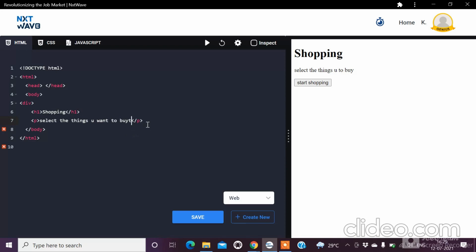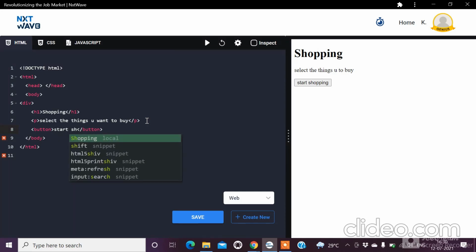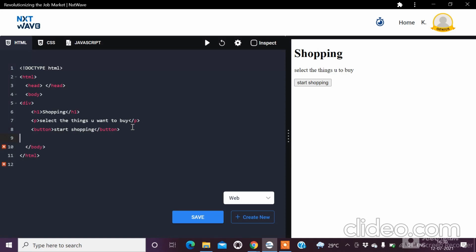Select the things you want to buy. Okay, for button, it's button only. Okay, start shopping. Okay, and we have to close it again.